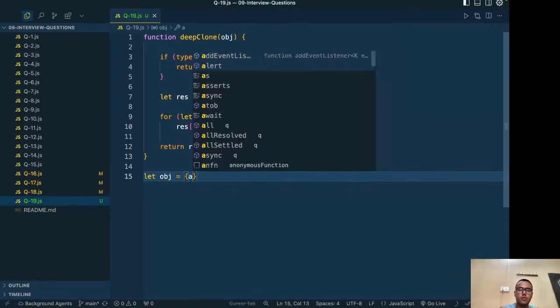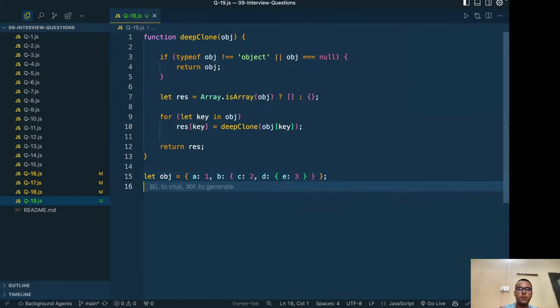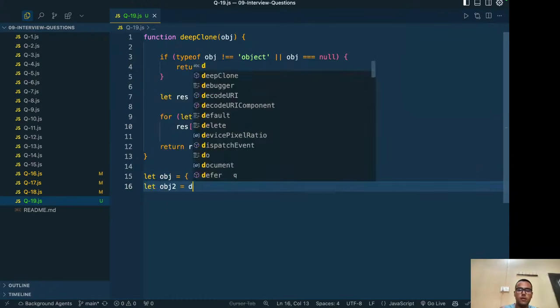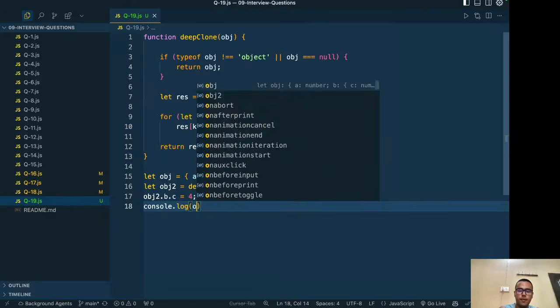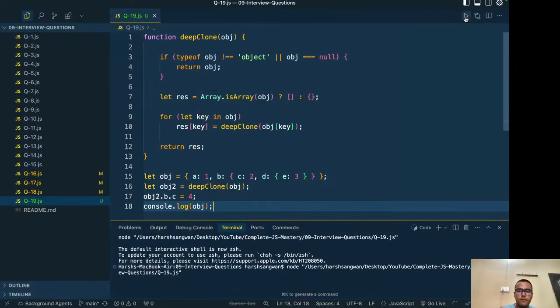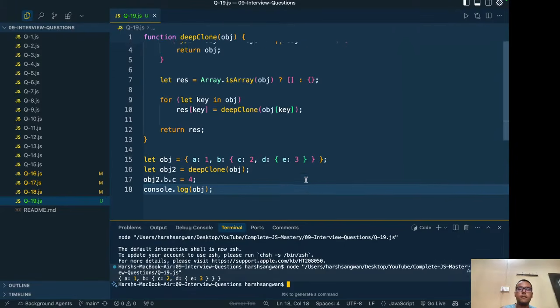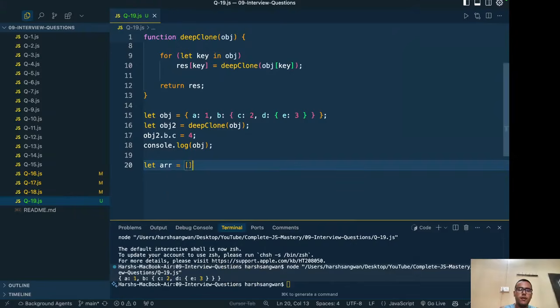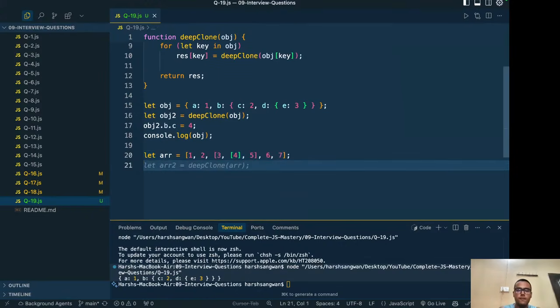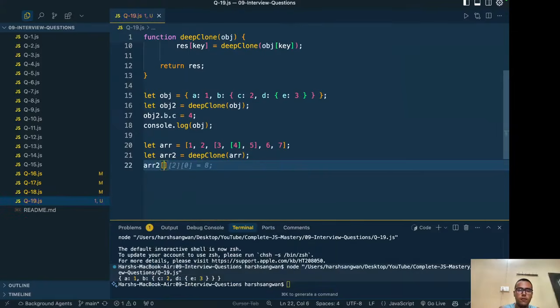let obj equal to a1 this value, let obj2 equal to deep clone of obj, and if I change something inside obj2.b.c equal to 4, then it should not reflect in obj, right? So that is how you can implement a deep clone. And even if you pass an array, this is also going to work. Let array equal to 1 2 3 4 5 6 7, let array2 equal to